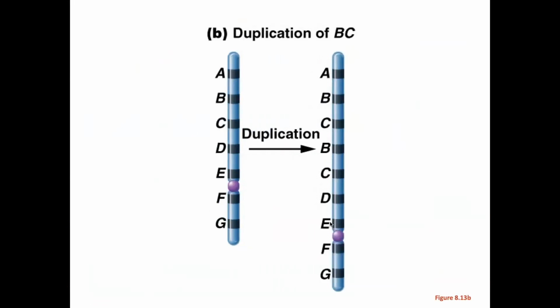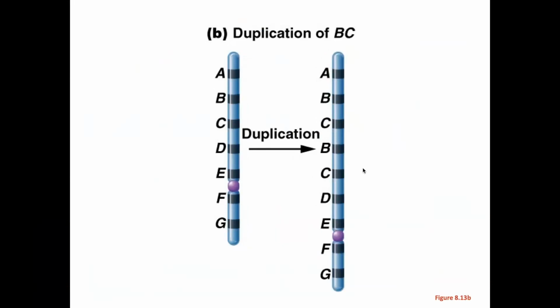Okay, so a duplication is the opposite. So again, if this represents the normal chromosome on the left, A, B, C, D, E, F, G, again, a normal set of genes and a normal order to those genes. Here's a duplicated version of the same chromosome. So actually what you see for this particular example is you're duplicated for the BC region. Okay, BC and then BC, again, duplicated tandemly on that